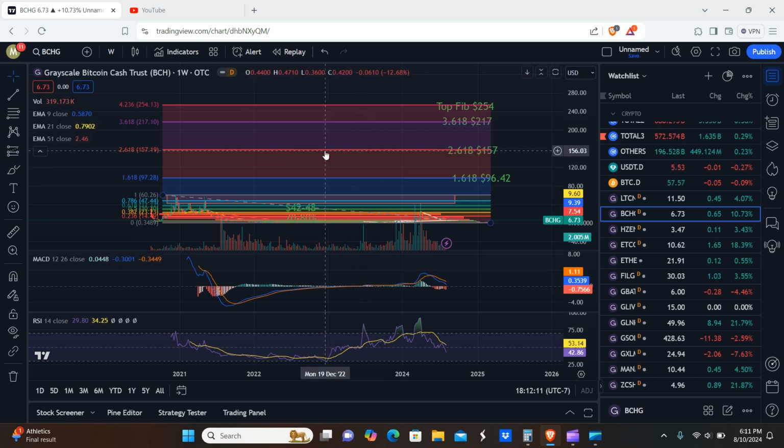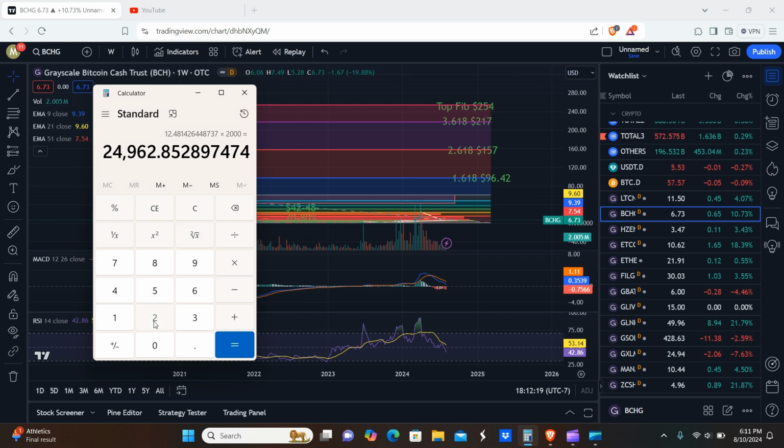Okay, so $100 here, 158, 220, and then roughly about $250. We'll just call it 250 or 255. So you'd be looking at roughly about a 38x. I mean, a 38x is great. I'm trying to think of which token we got a 38x on in the last cycle. We did get a 38x on Doge. I don't know if there was another one. There might have been another one. I can't remember.